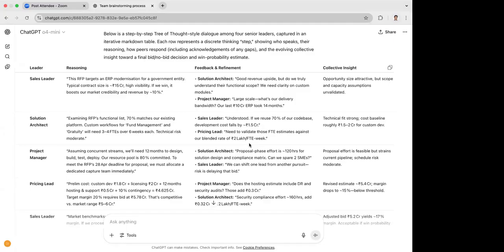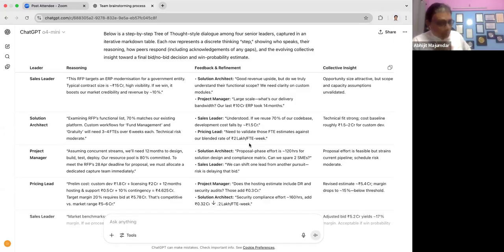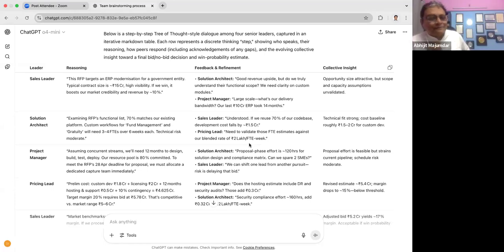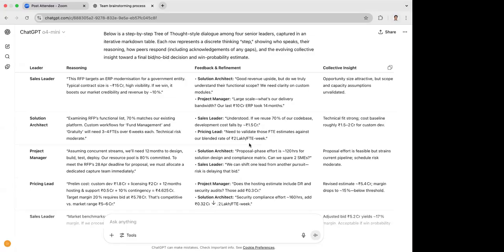If I provide it with a data source saying these are my past proposals, what you can do, Sachin, is give a few of your past proposals and say this is the rate card we use, and this is the size of projects I have done. That is where your RAG and fine-tuning comes in, where you are using your own internal data. The thinking process of the LLM goes on as it is, but instead of using the data in its own training model, it is now using your data. That is how you build your custom applications. Okay, thanks.